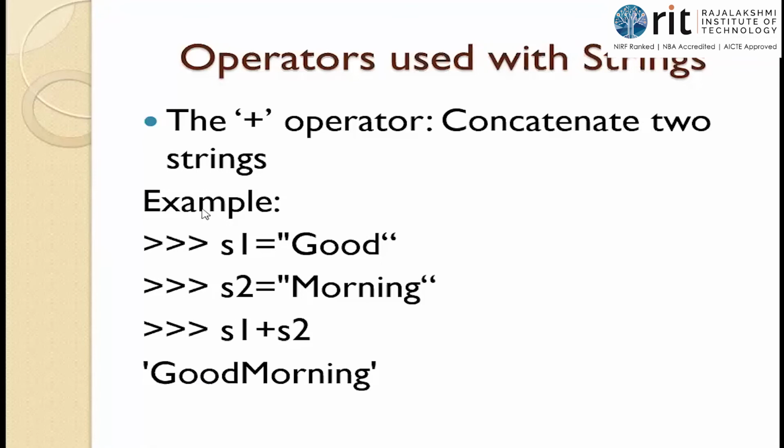இதுக்கு அப்புறமும் still s1 is going to hold only good, s2 is going to hold only morning. I have not made any corrections there. இது ஜாயின் பண்ணி எனக்கு ஆன்சர் மட்டும் தான் வந்திருக்கு. But you can store it in another new string called as s3. But இந்த ஆன்சரை கொண்டு போய் நீங்க s1 ஓ s2 லயோ ஸ்டோர் பண்ண முடியாது because they are immutable.